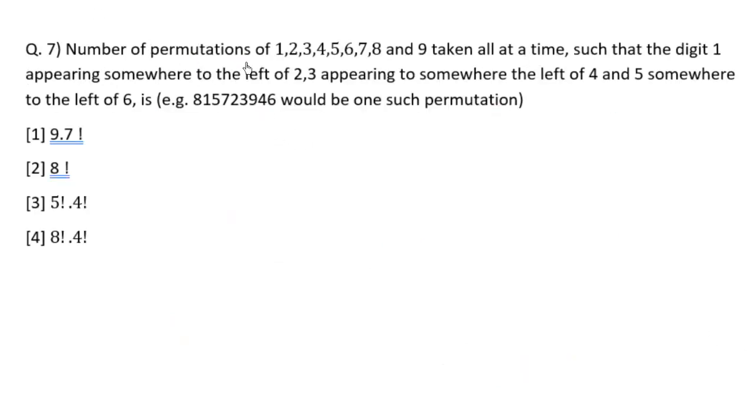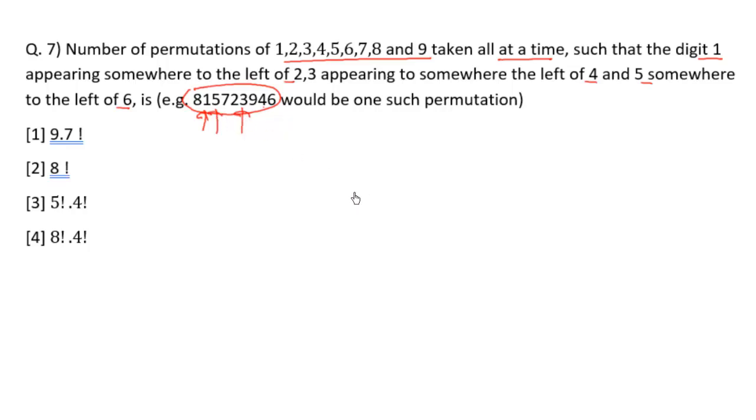Now here the question says that we have to find the number of permutations of these 9 digits taken all at a time, such that digit 1 appears somewhere to the left of 2, 3 appears somewhere to the left of 4, and 5 appears somewhere to the left of 6. So here we can see that if I create any such number, for example, one of the examples given here is this. Here we can see that 1 is somewhere left of 2, 3 is somewhere left of 4, and 5 is